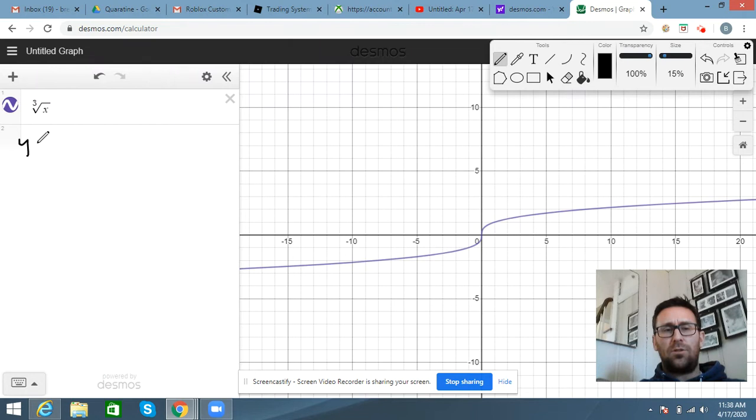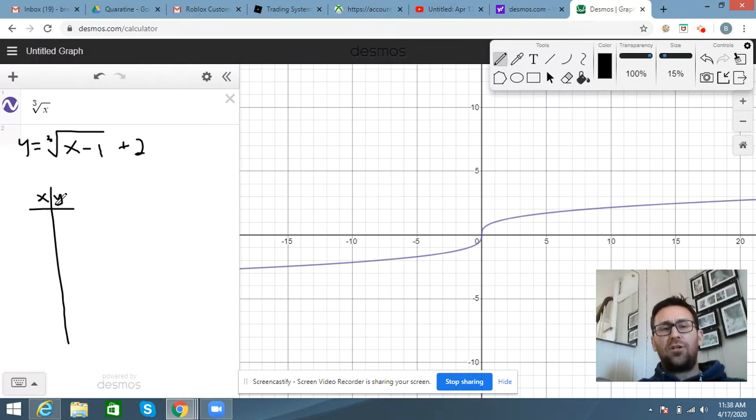Y equals cubed root of x minus 1 plus 2, something like that. Okay, so you're going to have to show me your work, which is your table. So you're going to make a table of values. Okay, now when you're finding the cubed root of something,